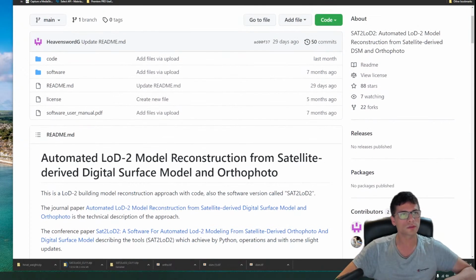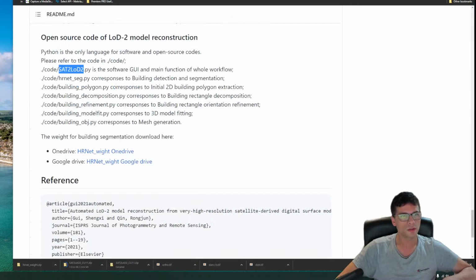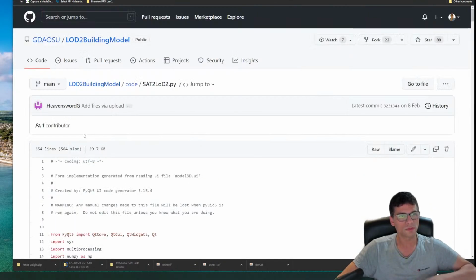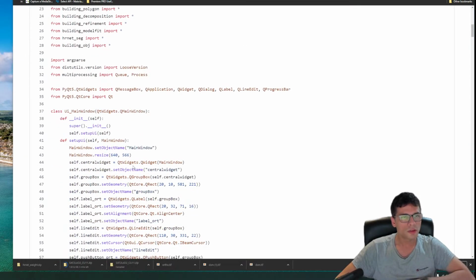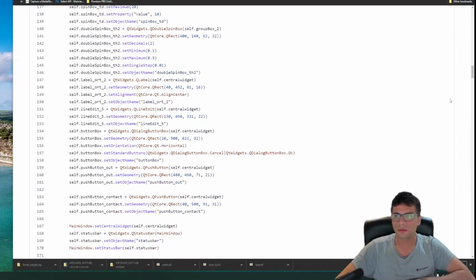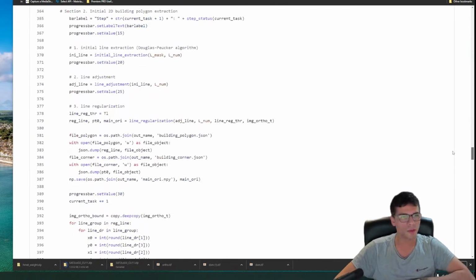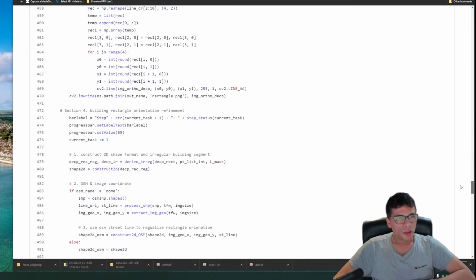So let's see. So it's inside code. So this file here. It's a UI for Python. It's quite unusual to do UIs nowadays. Normally it's a web interface, but you know,